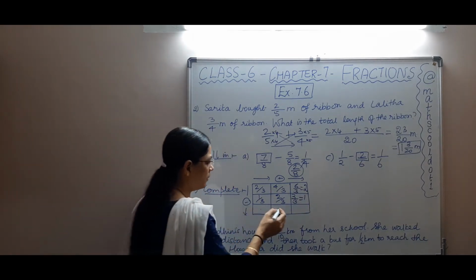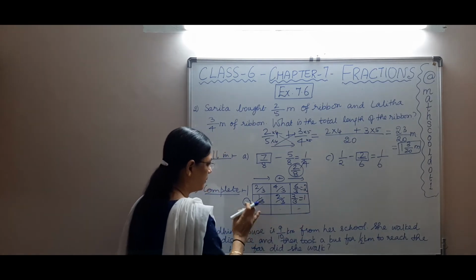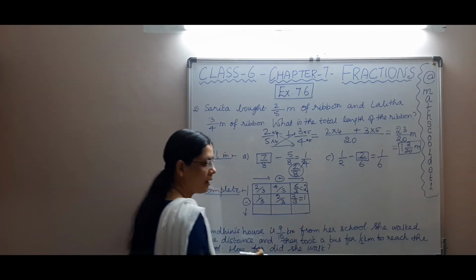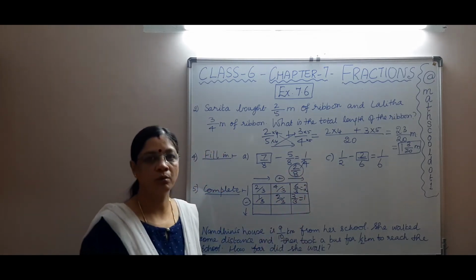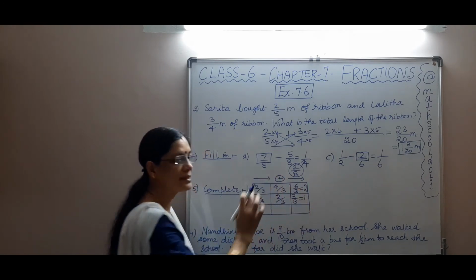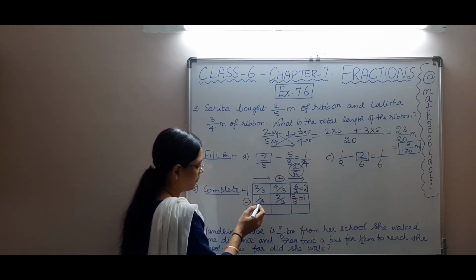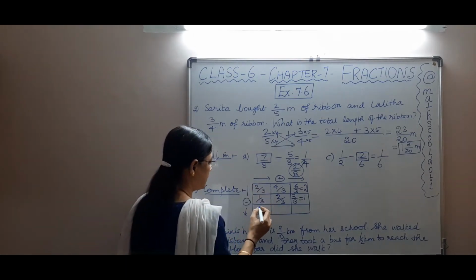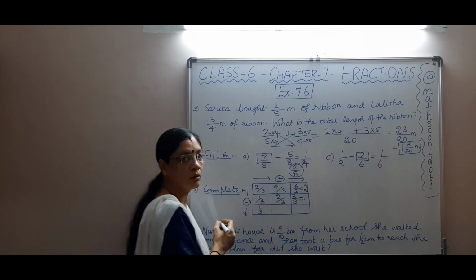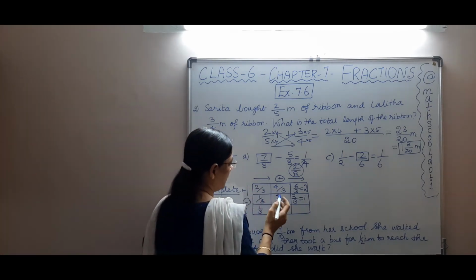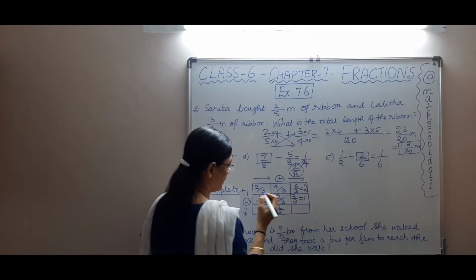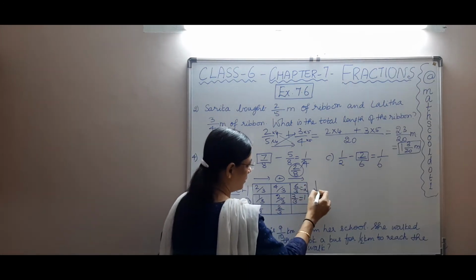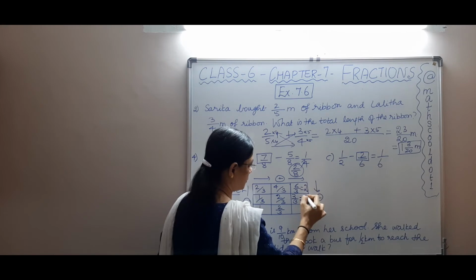Now here I don't have numbers, but when I subtract, see from top to bottom, when I subtract these two numbers, I get the numbers here. Then I can add, or else if I subtract these two numbers, I get the answer. Let's verify whether I get the same answer here. Okay. So now 2 by 3 minus 1 by 3. See, this is minus, okay. From top to bottom you need to subtract. So 2 by 3 minus 1 by 3 will become 1 by 3. Okay, because they are like fractions. Now 4 by 3 minus 2 by 3 will become 2 by 3 now. Okay, do you understand? Now 2 minus 1, because from up to down we need to subtract, isn't it? 2 minus 1 is 1.